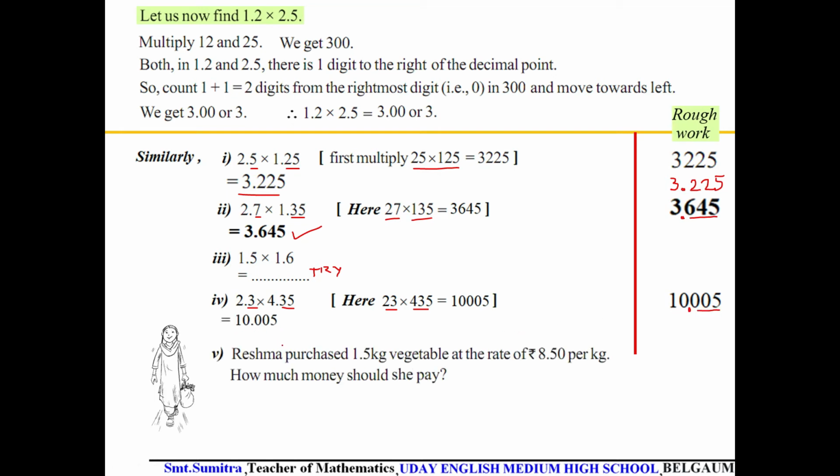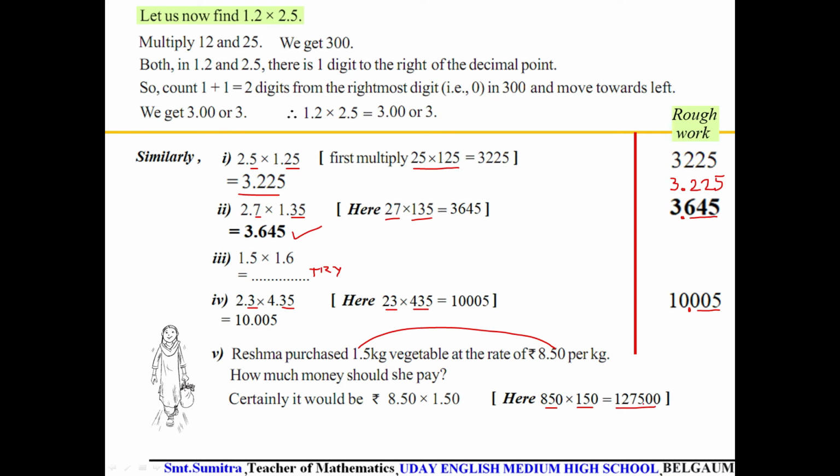One more example. Reshma purchased 1.5 kg vegetable at the rate of rupees 8.50 per kg. How much money should she pay? So per kg 8.5 rupees, 1.5 kg means you multiply these two. Here also we consider 850 into 150. Answer is given here,